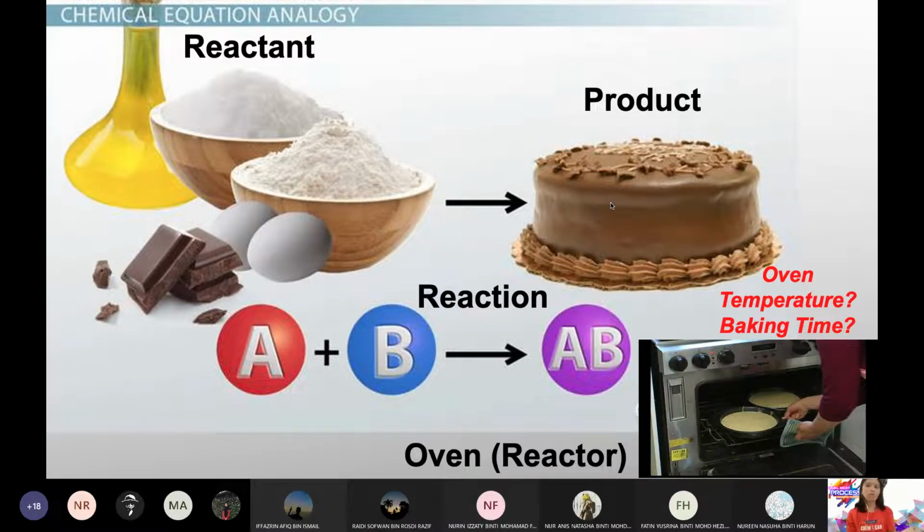Similarly to other types of reaction, usually temperature is very, very important. So you have to ensure temperature is also one of the parameters when you're designing the reactor. Second, third, time. Okay, so kamu tahu kan kalau kamu bake 40 minutes, 4 minutes, 100 minutes, the outcome of your cake will be different. So you know that time also plays a part. So nanti reactor design, you have to consider time as well. Time, temperature. Okay, don't forget. You have other parameter as well. Flow rate. Flow rate also ada banyak jenis. Volumetric flow rate, molar flow rate, so on and so forth. Okay, so that's aspect that you have to consider in reactor design.